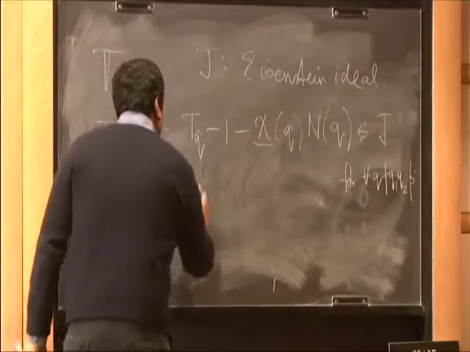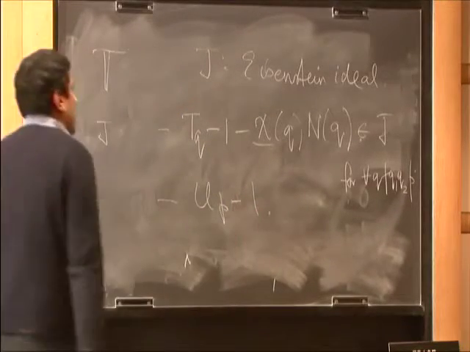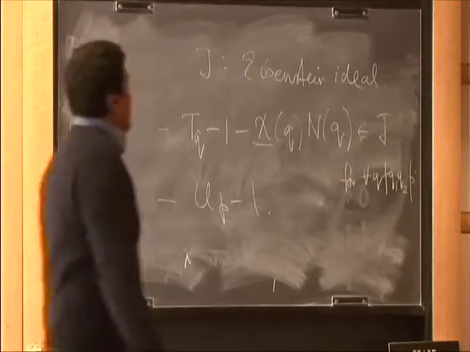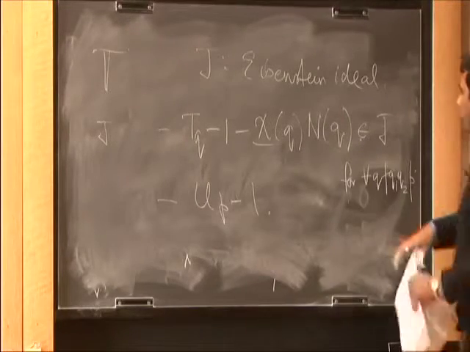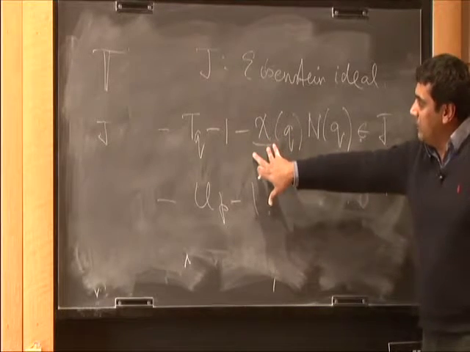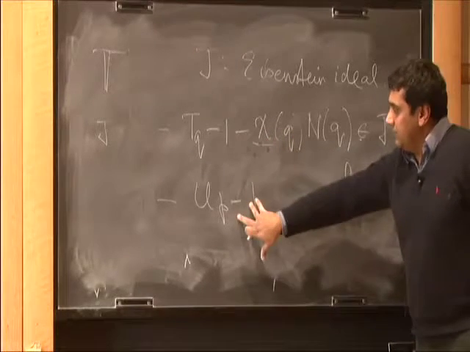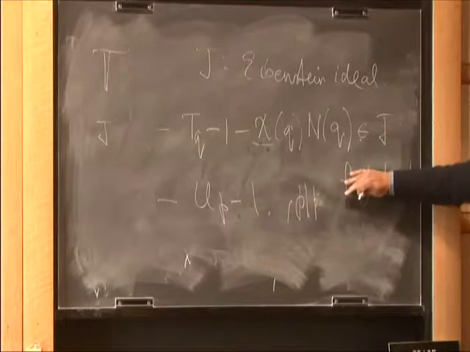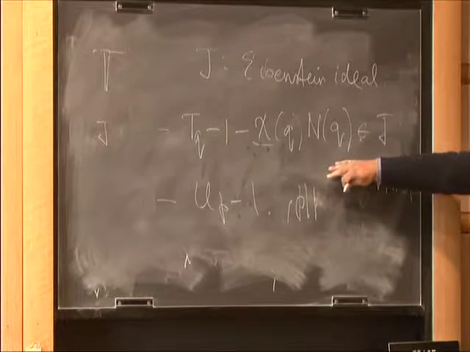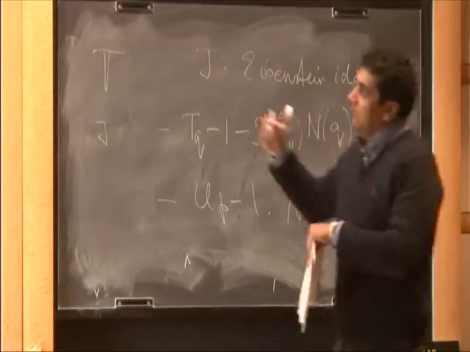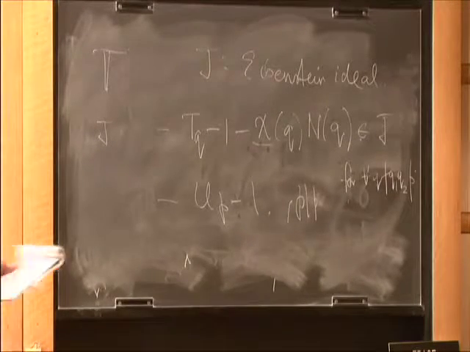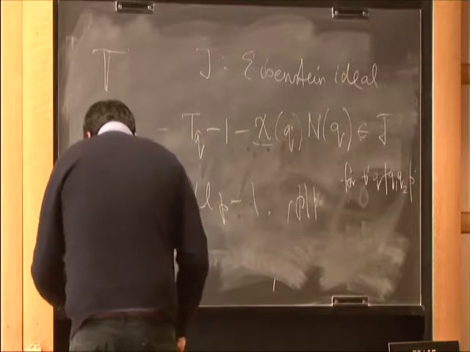For U_P you just impose that U_P minus 1 is in the ideal. If I impose this condition for all primes away from P and this condition for P, then I would get the eigenvalues of the lambda-adic Eisenstein series of level 1. But I want to look at its stabilization in level Q1, Q2, and I stabilize it by imposing the condition that